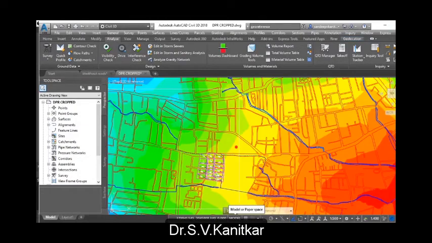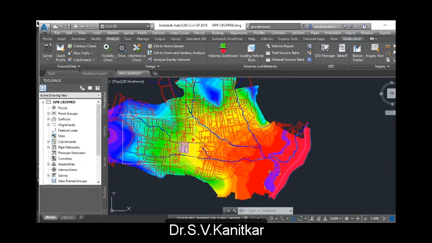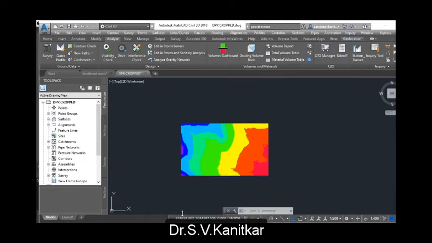So let us just see the capabilities of Civil 3D for processing of digital elevation model. You can also see at the bottom the coordinates are in UTM zone 43, and the whole drawing is assigned coordinate system of UTM zone 43, WGS 84. Now just for the sake of demonstration, I have clipped a portion of the digital elevation model from this subset so that it becomes easier for me to demonstrate, because it takes a hell of a time to process sometimes.